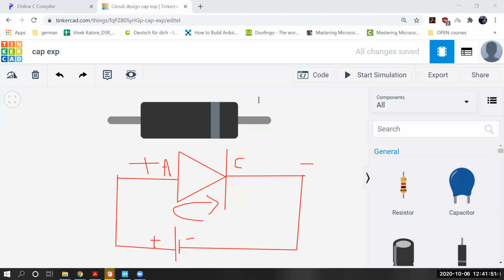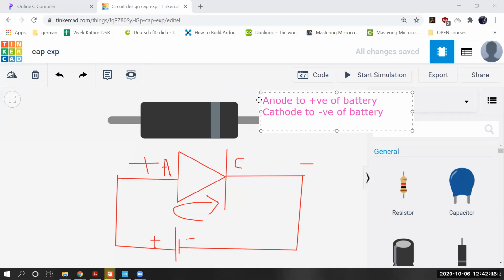So always connect anode to positive of battery and cathode to negative of battery. Okay, that's it.